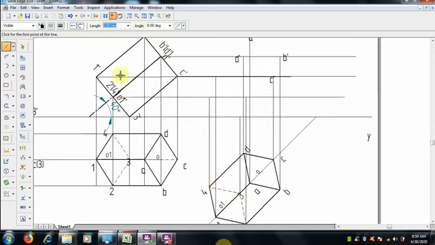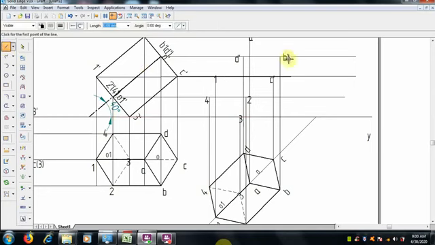Okay. 1 2 3 4, the base, 1 dash, 2 dash. Now here it is 4 dash. 1, 2, 3, 4.